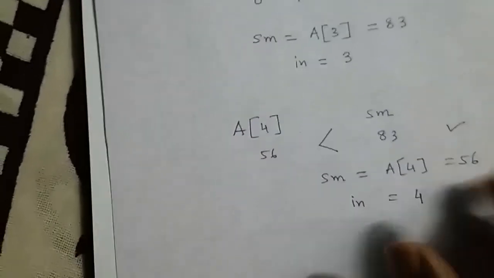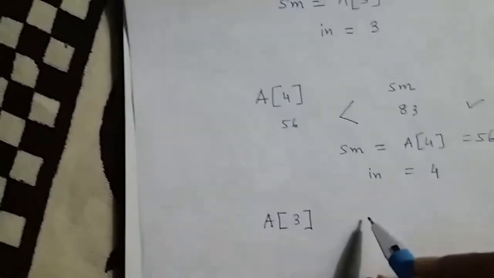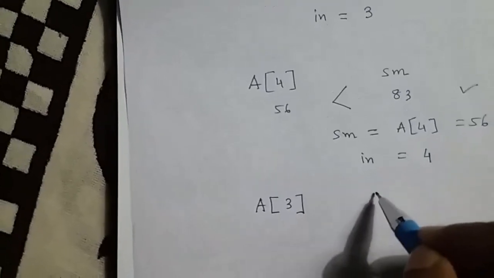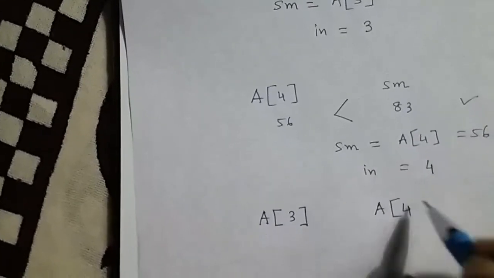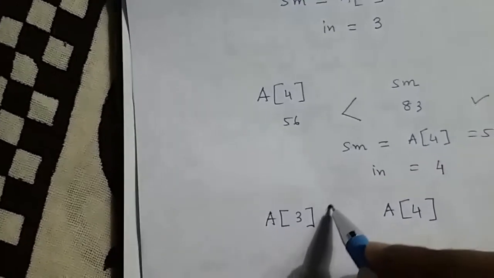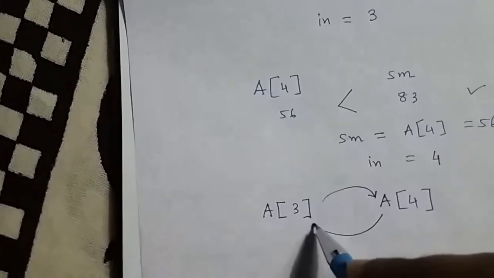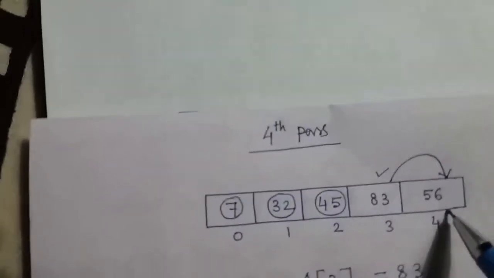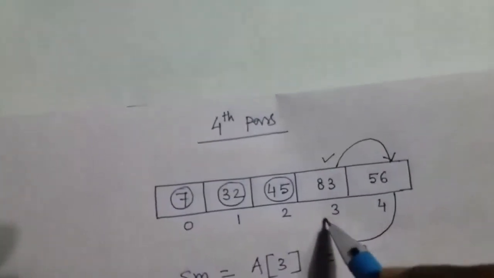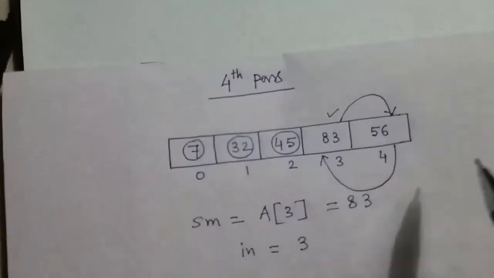So no other comparison left. The element that was considered was a of 3, and actually the next smallest element is a of 4. So they will be interchanged. Let's do this in the diagram also. 83 will move to index number 4, and 56 will move to index number 3. So the resultant array will be